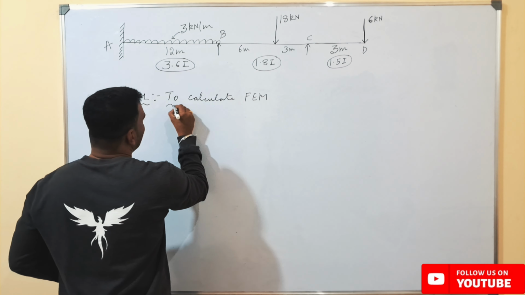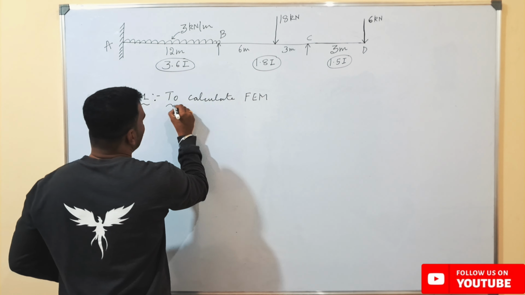So what we have done here is we have just replaced the intermediate support with the help of a box here. So this is point A, this is point B, this is point C, and this is point D over here. Since we are having only one intermediate support, I have taken the box over here at point B. So whatever the fixed end moment we have got in the first step, we have to represent here in this